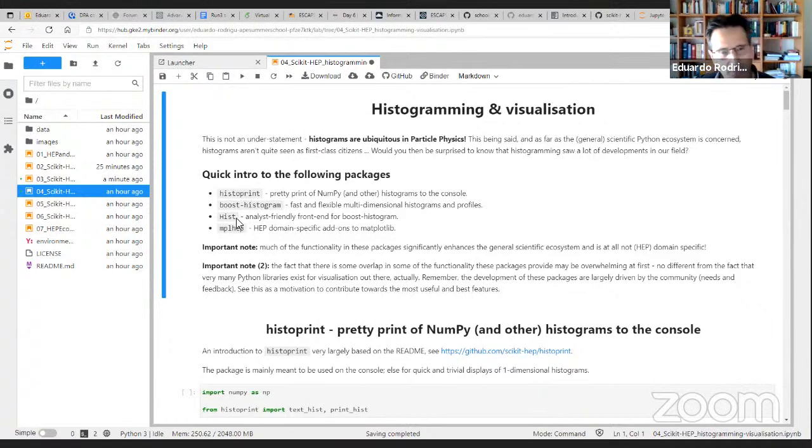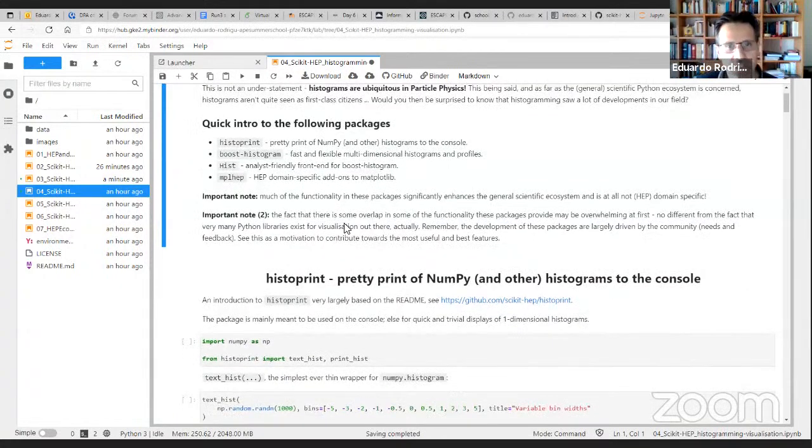So in Scikit-HEP, we in fact have 4 packages. Some are very recent, such as Histoprint, which is really just a few months old. This is still very much work in progress. So if you have ideas, requests, we'll be very happy to hear what you might be interested in, or new functionality, whatever, right? So let me start by